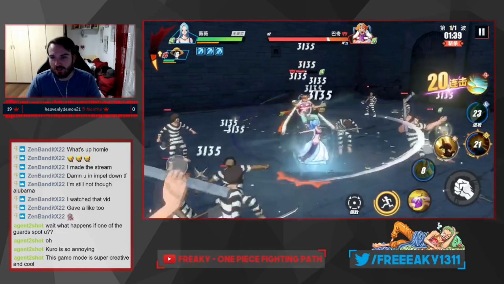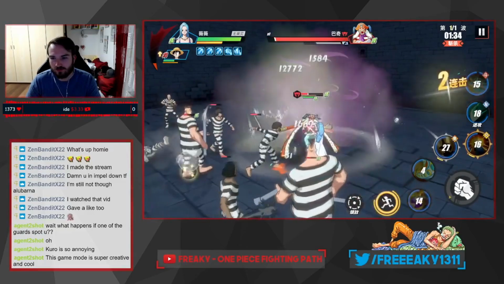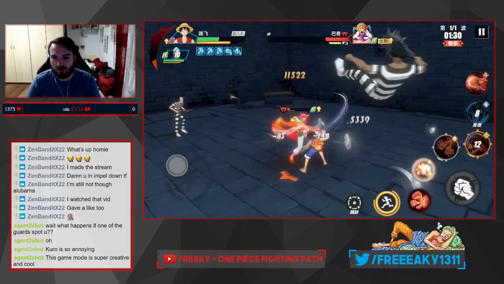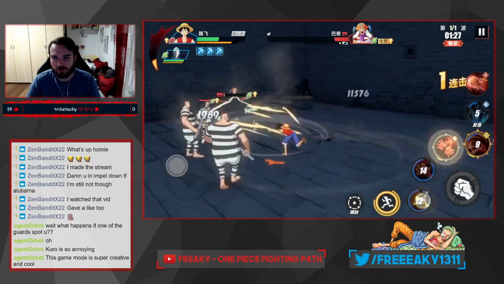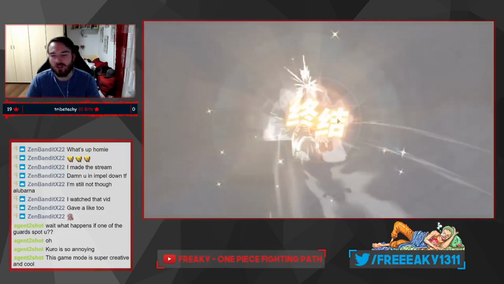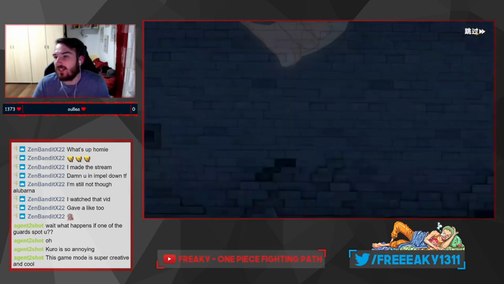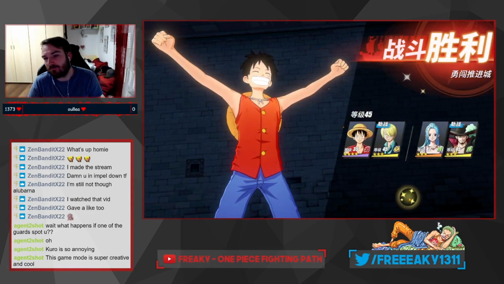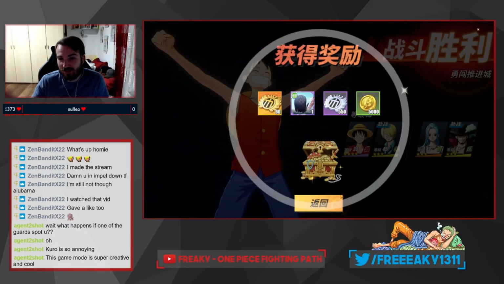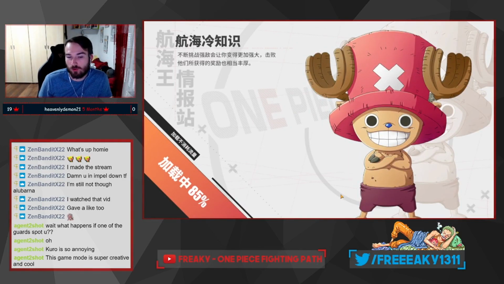Let's quickly get Vivi out, while we're on cooldowns with Luffy. Stop running, my guy. And there we go. Buggy boss is defeated, and you're gonna get now the rewards again, where you now have the same rewards here, just as with the 4 fights beforehand. But now you finish the whole first